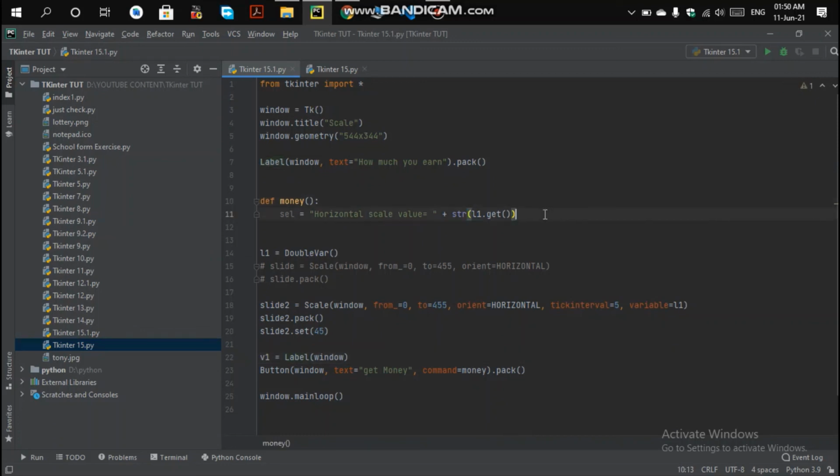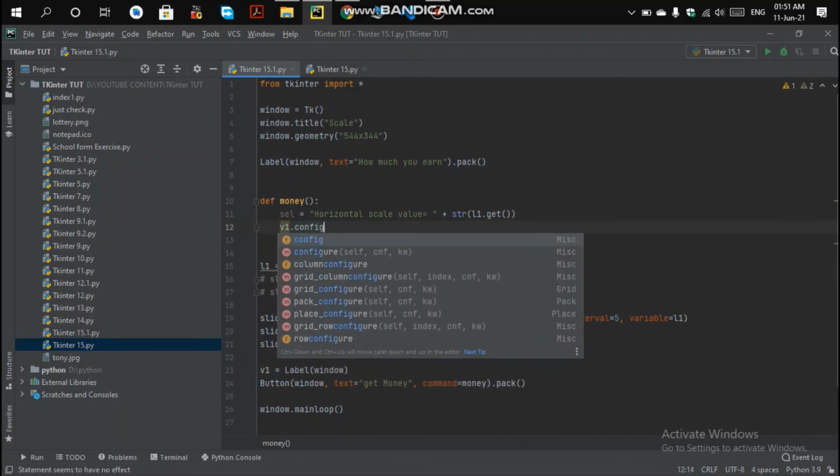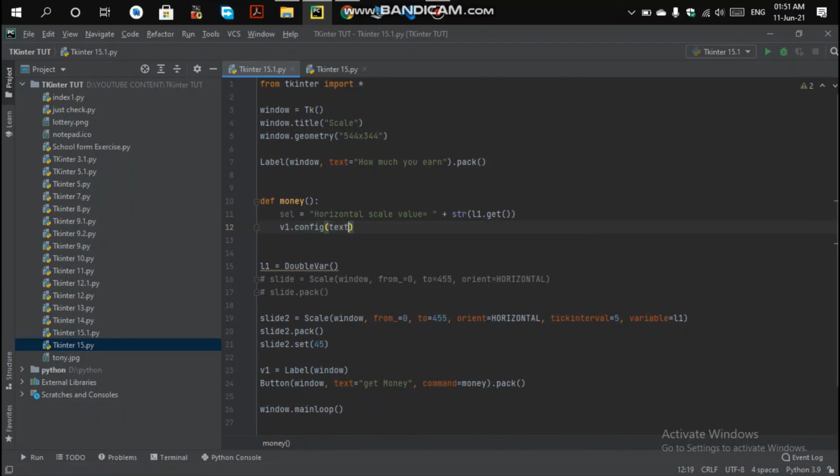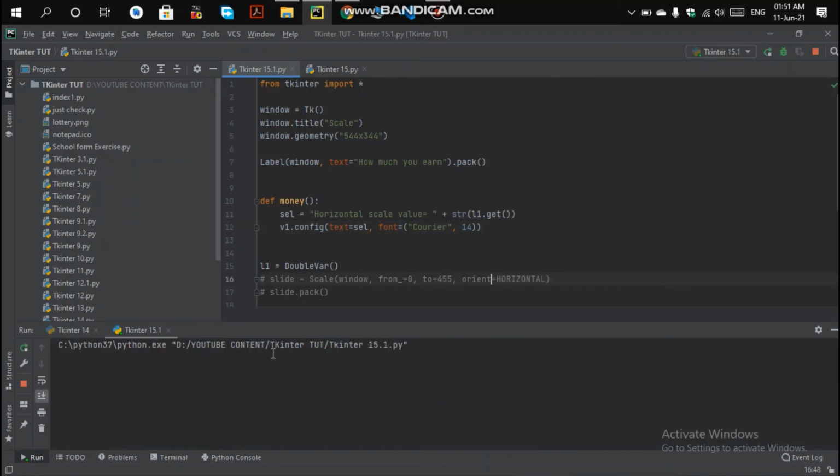In this label we set v1.config, and into the text we give the value sel. Next is the font, and you can design the font however you want. I'm using Courier, which is a type of font style, and in the next parameter I give the size of the font. Whenever you run this application, everything is fine.